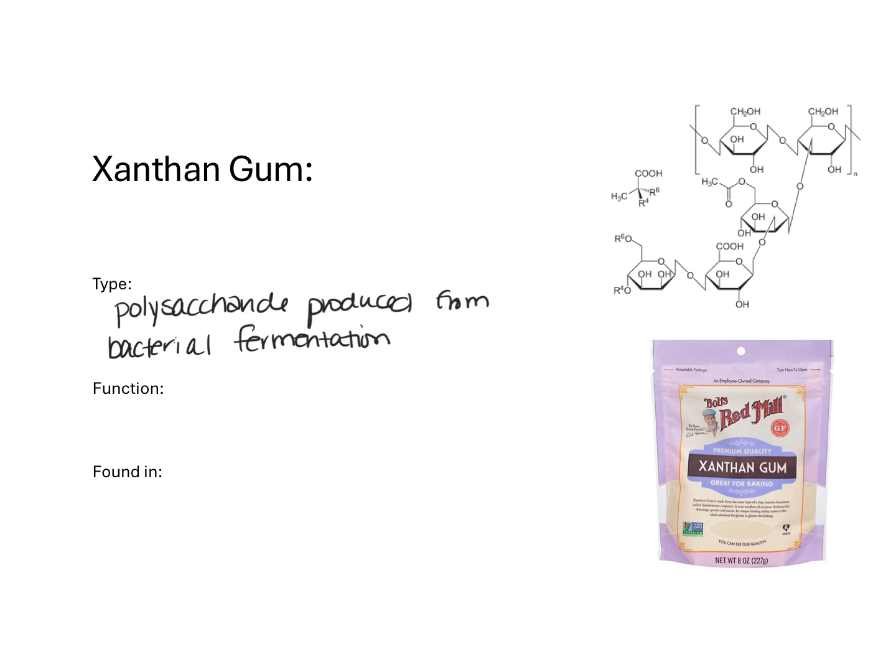It's also used in food. So for example, I searched xanthan gum because I wanted to show you some things where you could see it. And Bob's Red Mill popped up here, great for baking, right? It's also used pretty heavily in cosmetics. It is a thickening agent and emulsion stabilizer,